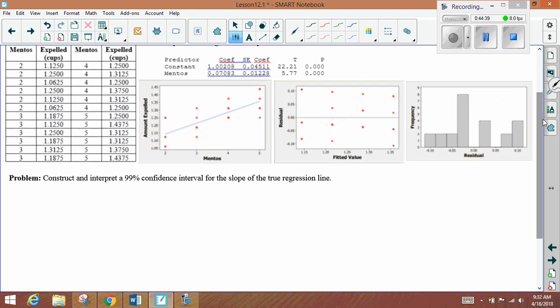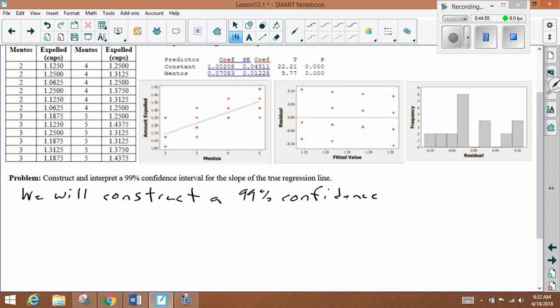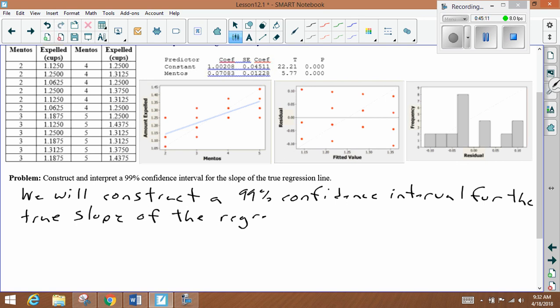So we can do this. So first of all, we will construct a 99% confidence interval for the true slope of the regression line relating number of Mentos